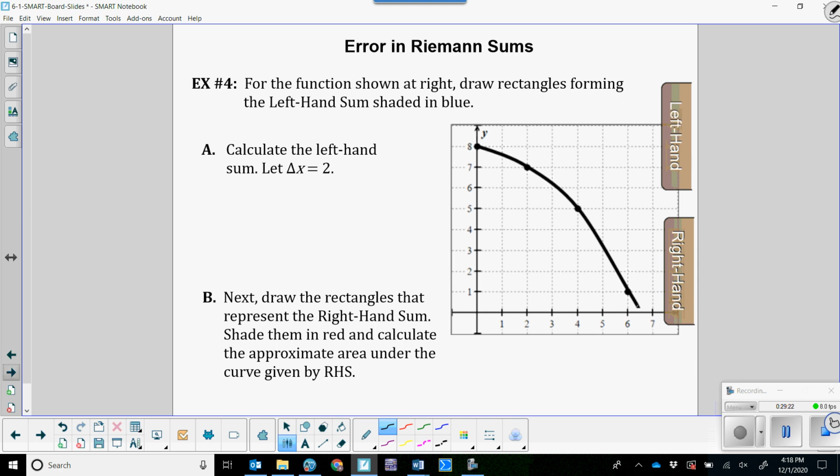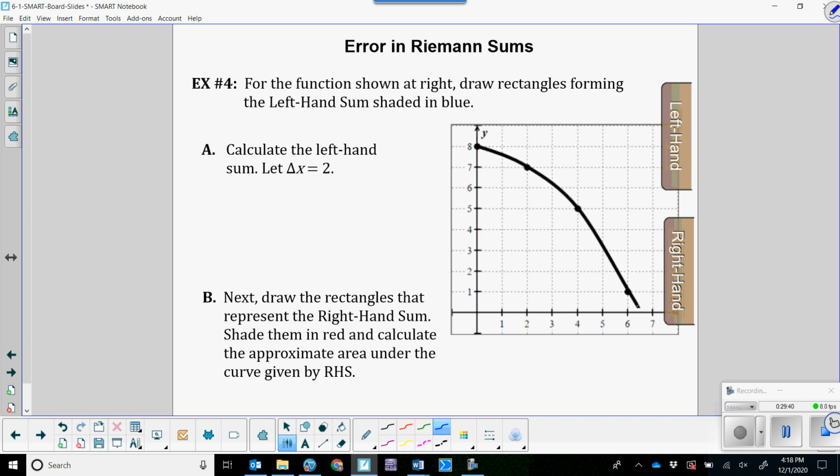We're going to do A and B and find the left-hand sum and the right-hand sum, and we're going to shade them with different colors. So that's why I was saying this is where you need your colored pencils. So for the left-hand sum, we're going to do the rectangles in blue, and we're going to